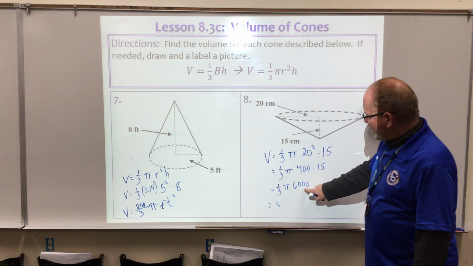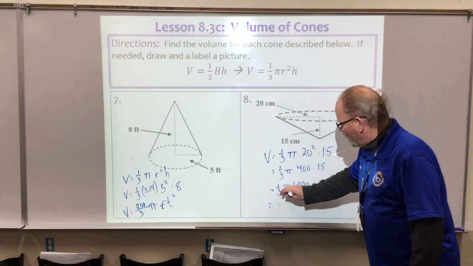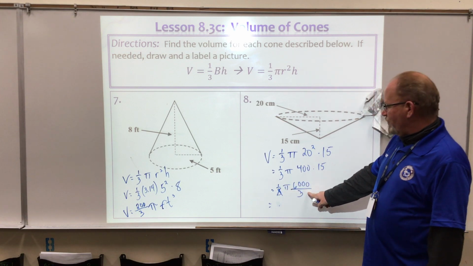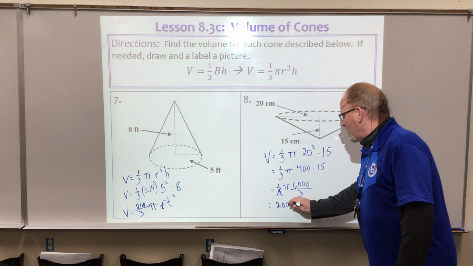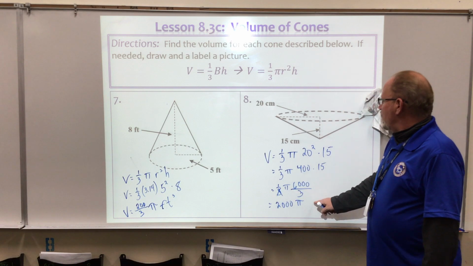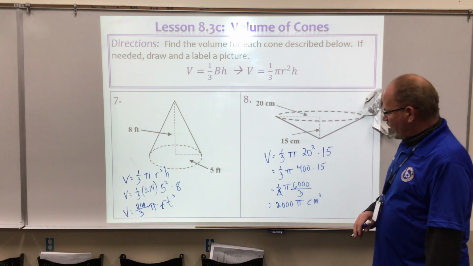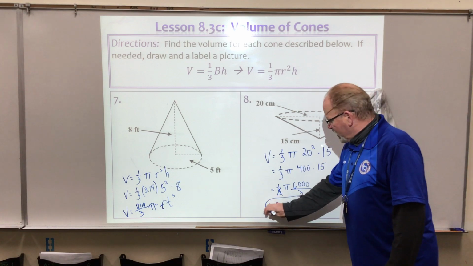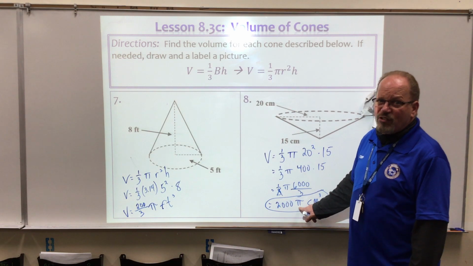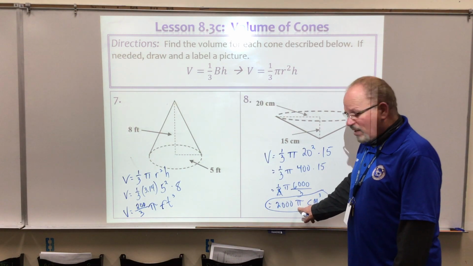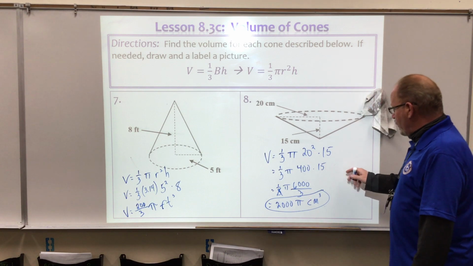Well, 1/3 times 6,000, that's like divide this by 3. If I move that 3 over there, is 2,000 times pi, cubic centimeters. Now this is what we call the exact answer because it has pi in it. Pi is an irrational number, but it's a constant, it's an exact number. When you use 3.14